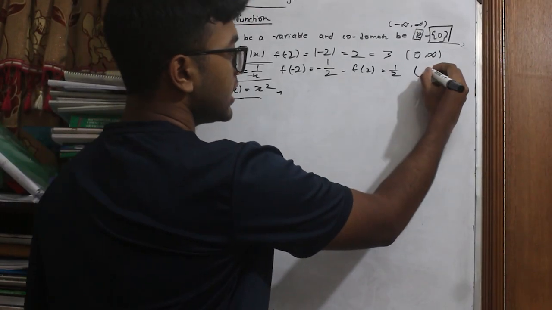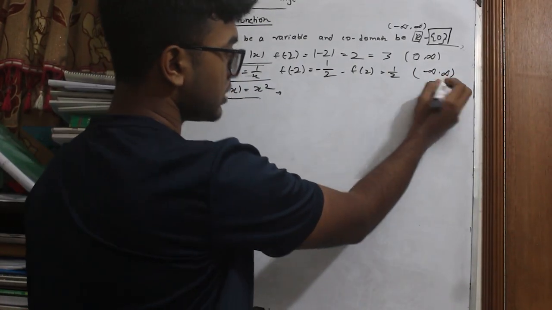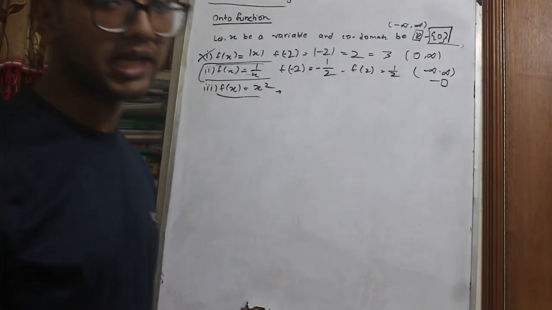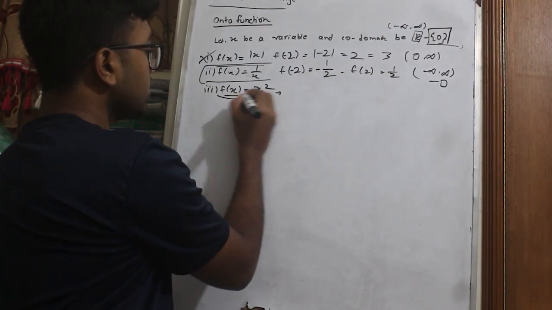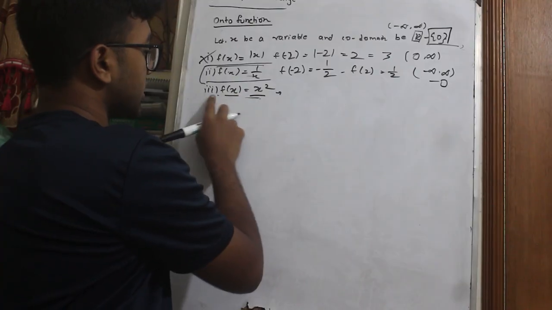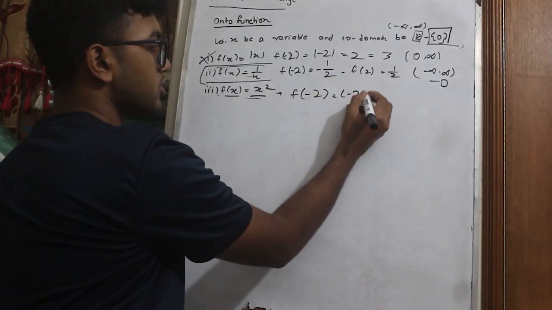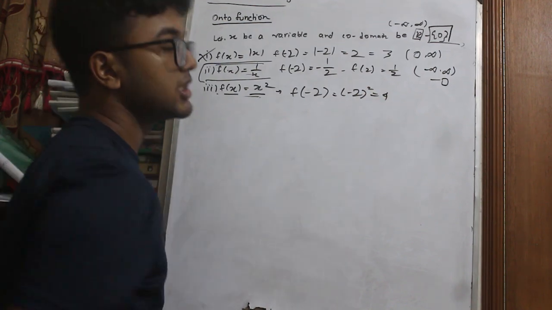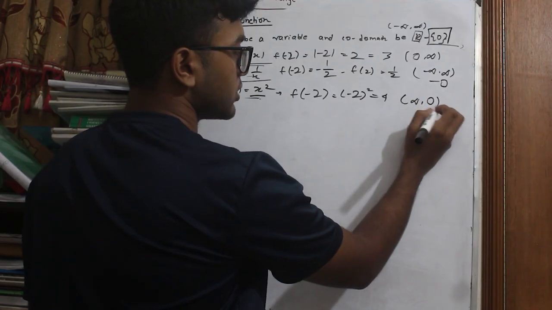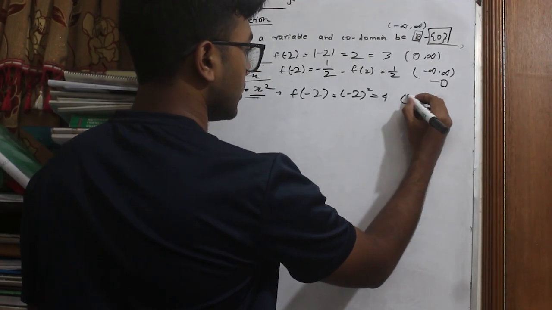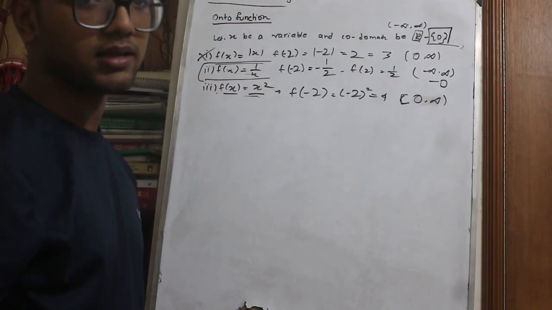So this one has a range of all real numbers except for 0, because there is no x for which the denominator gives 0. And then it's the same story for this one. If we put f of minus 2 here, then it squares minus 2 and gives us 4, meaning it will never give us a negative number, so the range here is from 0 to infinity. So it does not contain